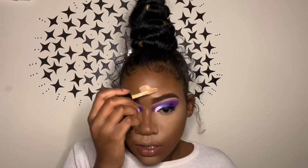Make sure you are taking whatever tool you use to put your foundation on to blend out the edges of your concealer. Now we're going in to our forehead, and then we're going